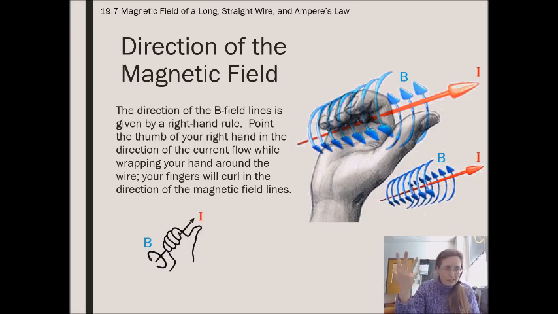But we're going to use our right hand again. So point your fingers, give them a little wiggle. That's our magnetic field. And then our current is going to be our thumb. So this might help if you grab something pointy like a pen or a pencil, but get the pointy end pointing in the direction of the current, and then grab it with your hand and point your thumb in the direction the current is going. And then we're going to wrap our fingers around this, and that's going to be the direction of the magnetic field. The magnetic field actually goes around, makes a circumference around our charges